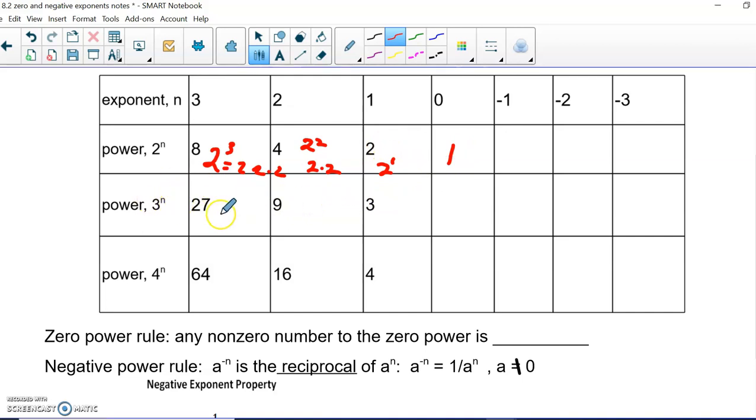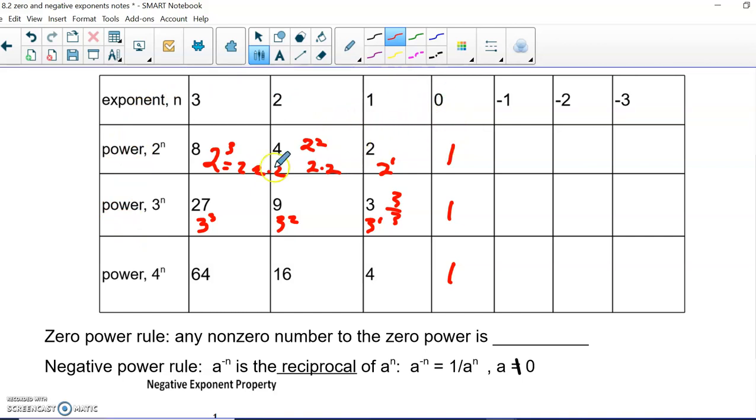Let's try it with 3. 3 to the third power, which is 3 times 3 times 3, is 27. 3 to the second power, which is 3 times 3, gives us 9. 3 to the first power gives us 3. And you can see what's happening every time. We're dividing by 3 this time. So if we divide 3 by 3 to get to 3 to the 0 power, it's going to be 1. Same thing with 4. Every time we divide by 4, so 4 divided by 4 gives us 1. So you can probably see the secret is